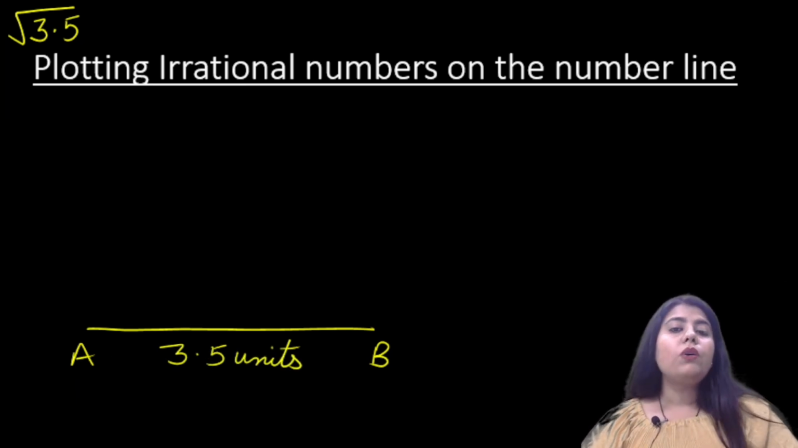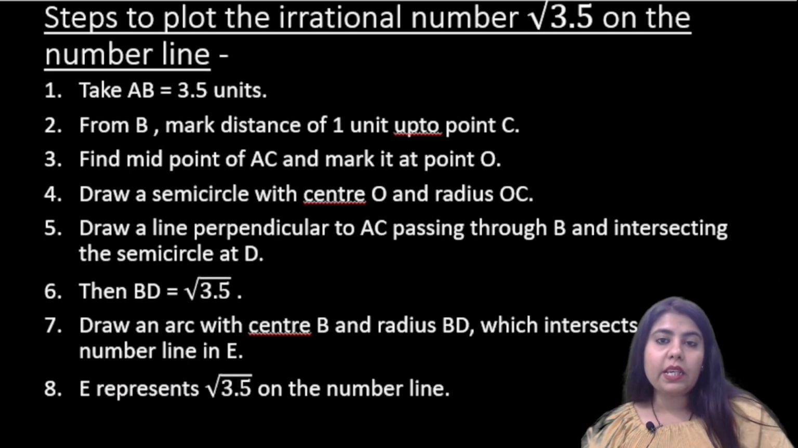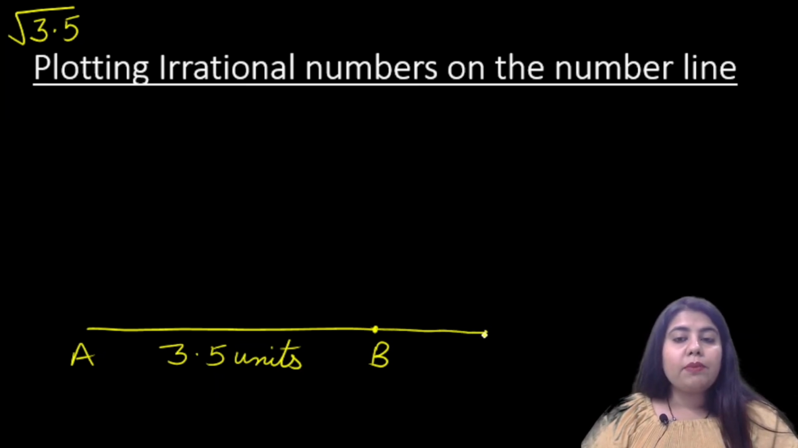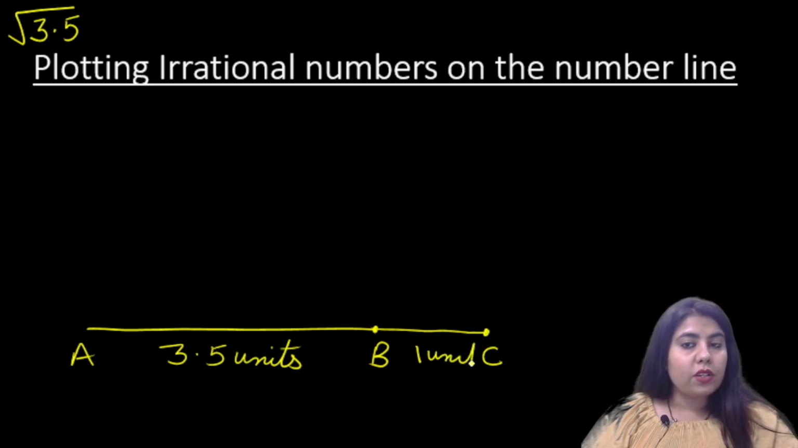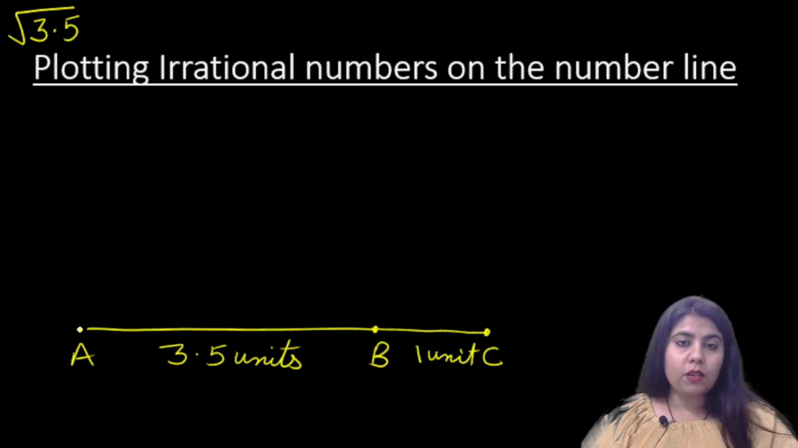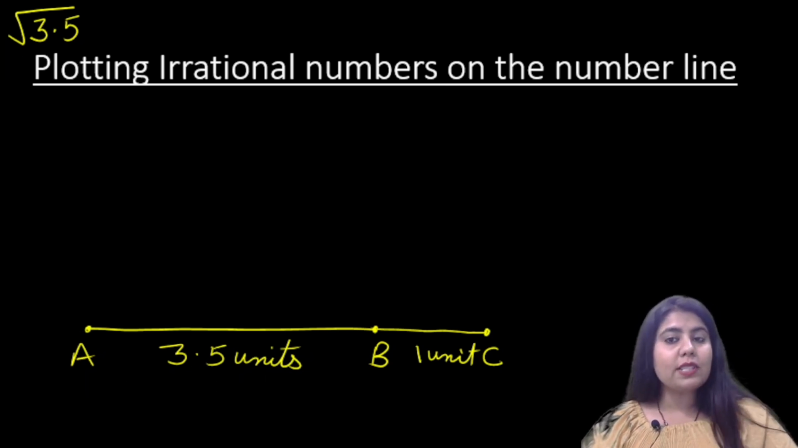Okay. Now the second step is you have to mark 1 unit from point B up to point C. From B, mark a distance of 1 unit up to point C. This is point B, and you have to mark 1 unit from point B up to point C. Suppose this is point C and it is 1 unit. Now from here we get 3 points A, B and C, where AB is 3.5 units and BC is